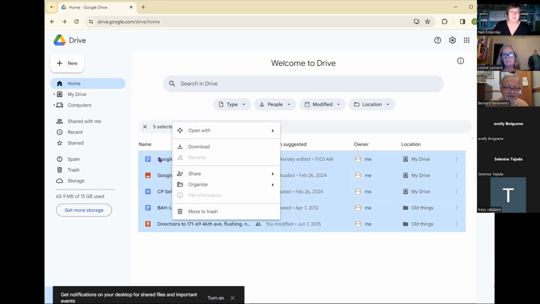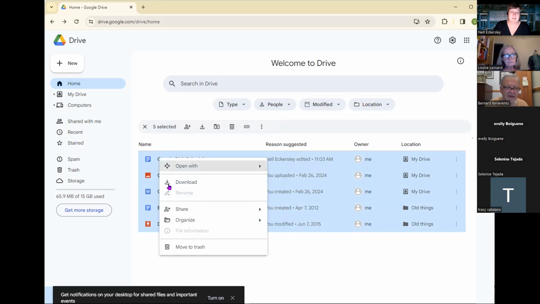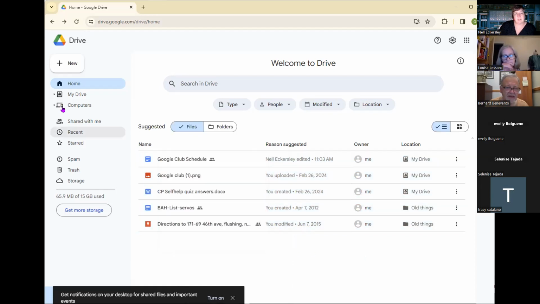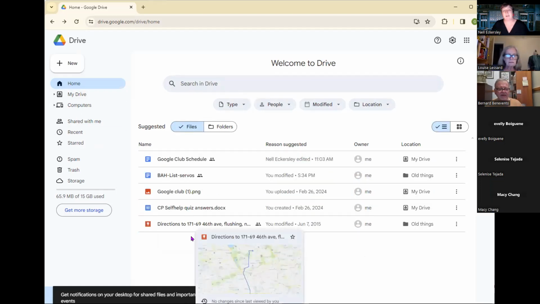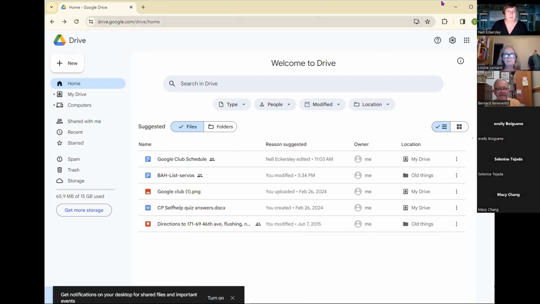Why won't it let me make copies? Share maybe. No, there should be a way to make copies. Oh, I see, copies and then download? Well, you make the copies and then, so the first step would be for you to share it with yourself in your new account. Then you view the shared folder, and those are the ones you make copies of. Does that make sense? So let me stop sharing here.